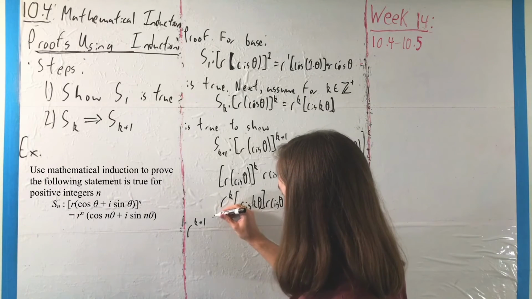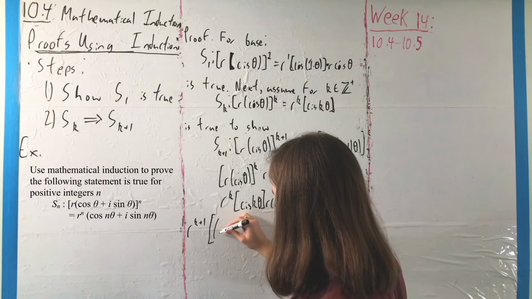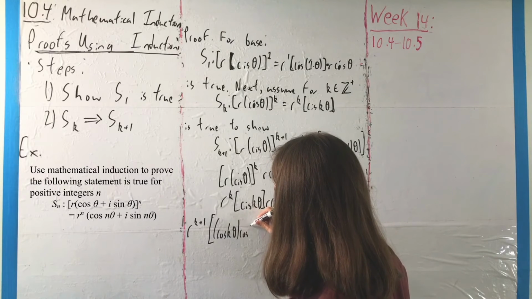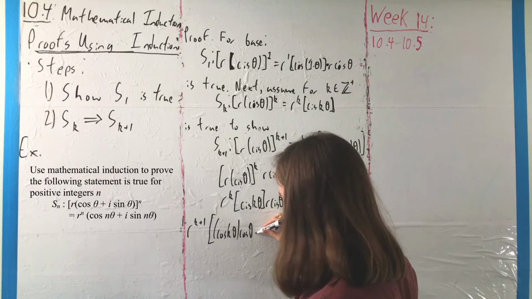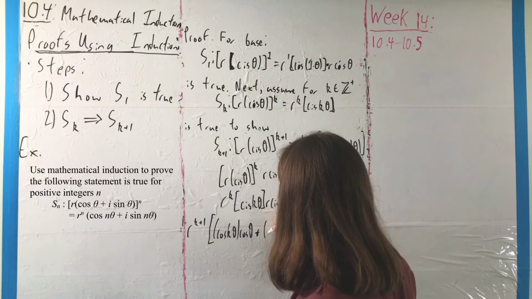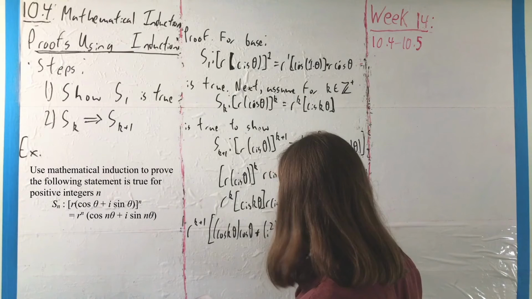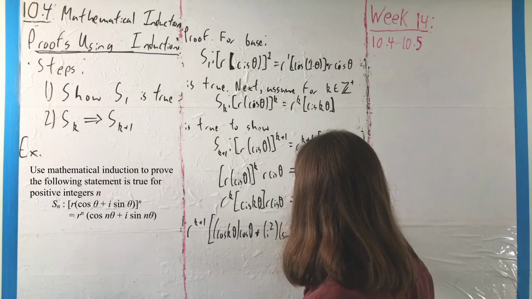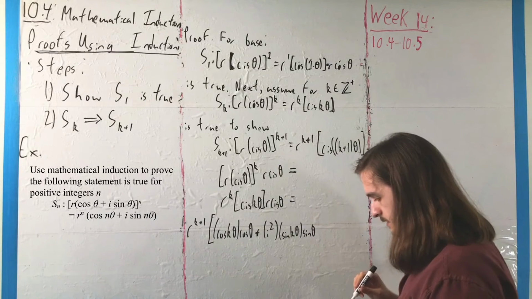That in here, we're going to have, well, cosine of k theta times cosine of theta plus i squared times sine of k theta, sine of theta,